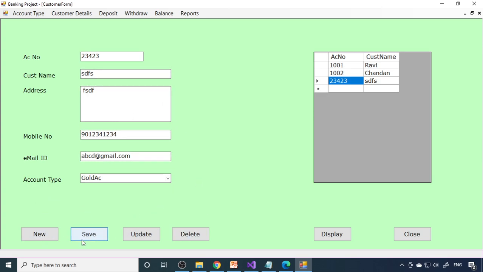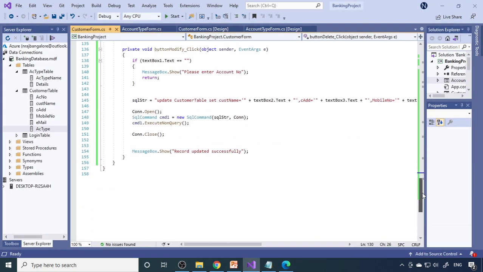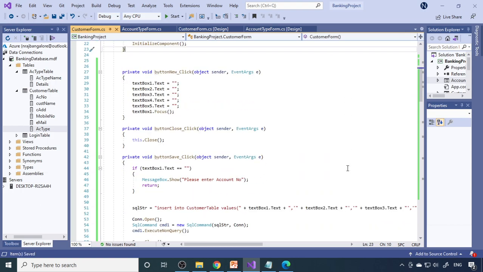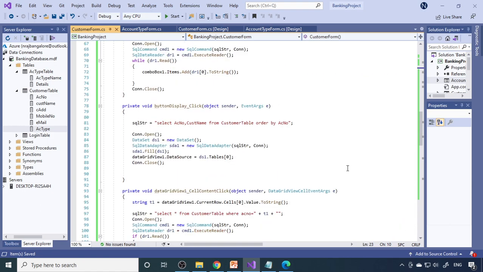So now we are able to save the record. You are able to modify. You are able to delete, and we are able to display data in a grid view. All this is written. So hope you understand. Keep practicing. There may be some errors. Figure out what the error is, how to solve it, and then continue. Practice again and again. Maybe different forms. Therefore, you'll get a complete idea. So that will give you experience that will definitely help you to get the job.